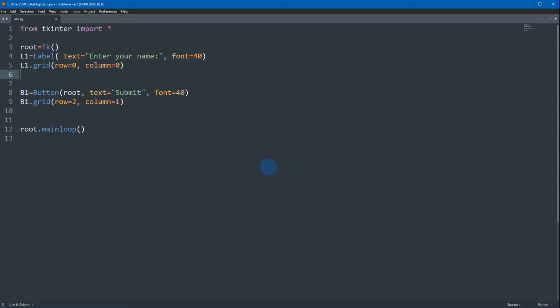You can use any Python IDLE that you have. Okay, so if you're going to observe, I already placed some code on our program. I already import the tkinter. I use * for all the packages. Then the name of the window is root. Of course, we have the main loop. Then I also added a label and a button. The text of the label is enter your name, which will be the prompt to tell that the user needs to enter his or her name. Then of course we have the button that will be clicked later on to test if the input value is accepted.